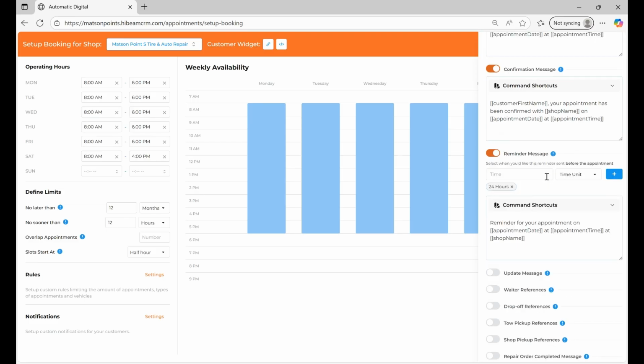The next one is the confirmation message if you were to schedule it through HighBeam on your own without your customer. The next one is reminder messages. You can set up multiple reminder texts here. You can also set up items within the campaigns, but it's easiest to do it here. In this instance, we have just 24 hours before their appointment time that they're going to get a message reminding